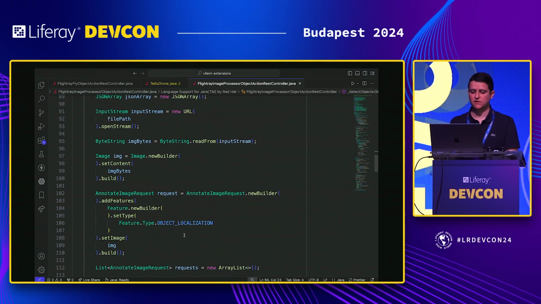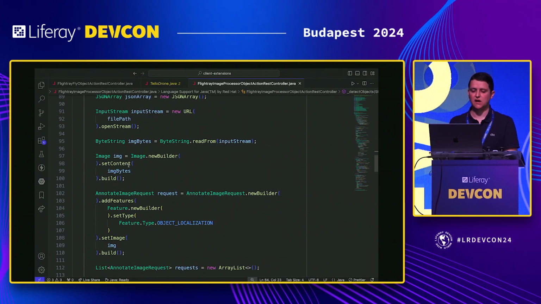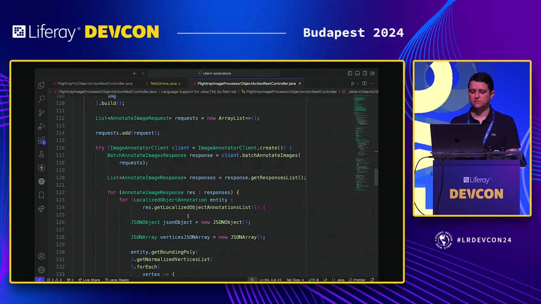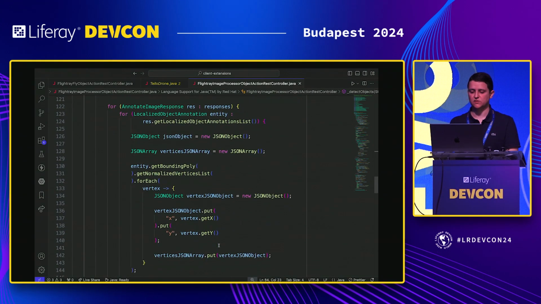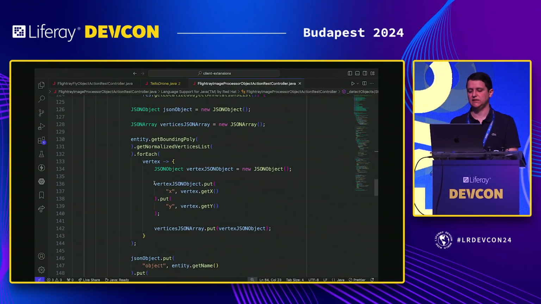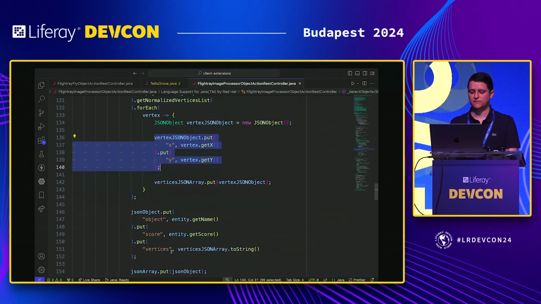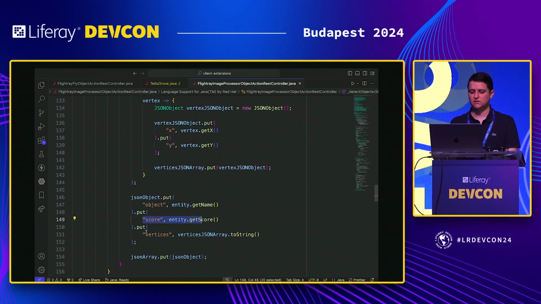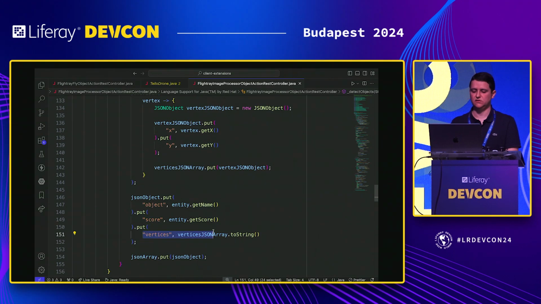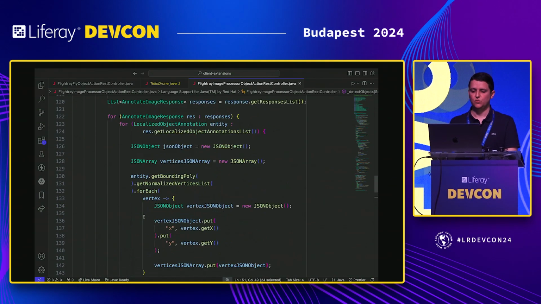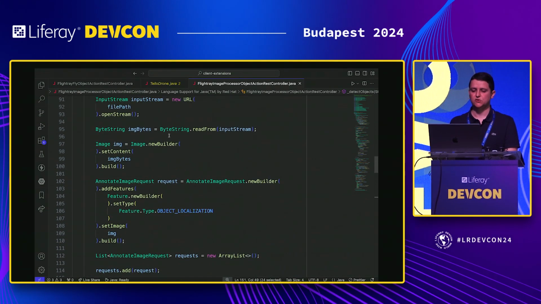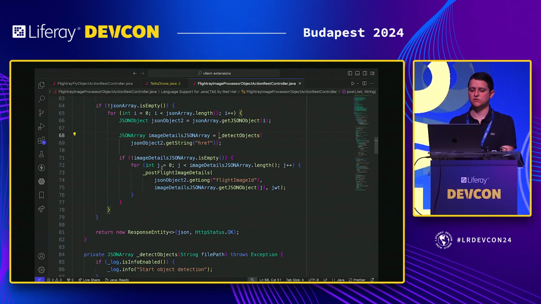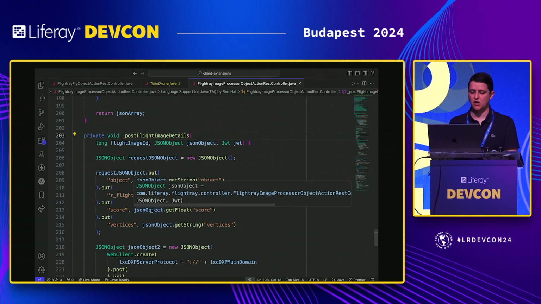So here we can, using a Google Cloud Vision client, iterate each image and extract the details. So here we can get the vertices, the object name, the score, and store the vertices. And then we post to DXP using the flight image details object.